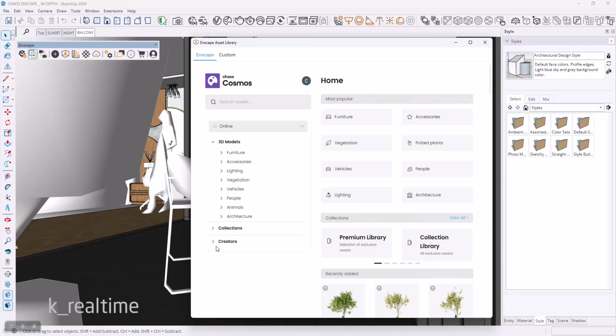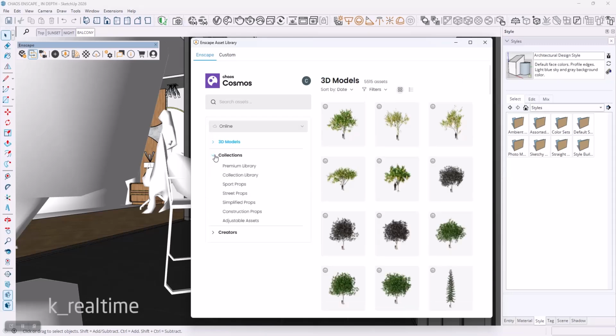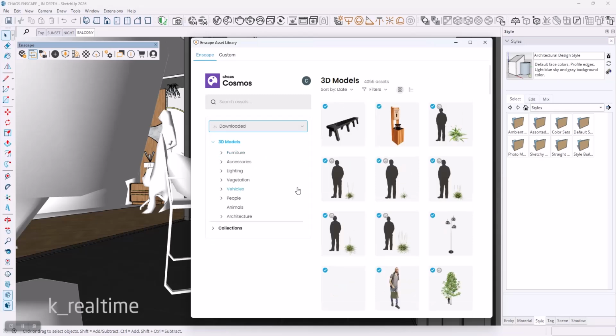At the front we see an option for 3D models, collections as well as creators. This place has two options: online, which will display all assets, and download, which shows only downloaded assets. With a tick on this,